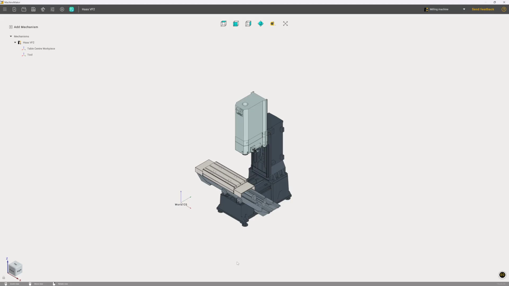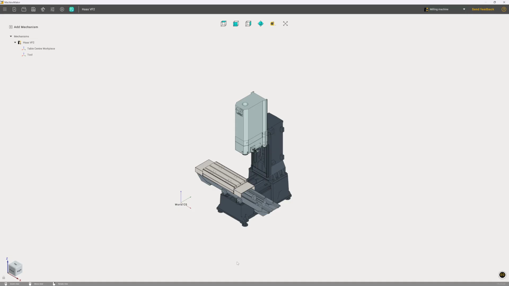Hi there. So we are going to be expanding a bit further on the building a CNC machine from CAD files operations that we did before with building this Haas VF2. And we're going to be adding a trunnion and turntable to this, which opens up full 5-axis machining opportunities. Now, we have the good fortune of being able to use CAD files directly from Haas on this, so that's